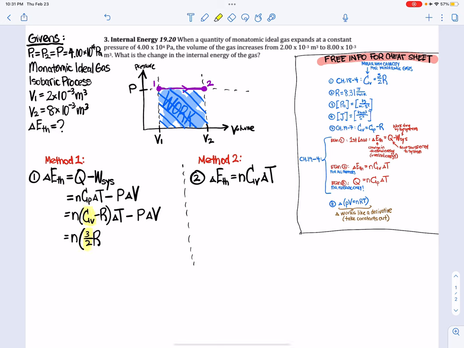I substituted this for this due to this equation from chapter 18, section 4. Okay, and minus R, I'm going to say minus 2 over 2R, right? Because 2 over 2 is just 1R, which is what we have, times delta T minus pressure times change in volume. Okay, so this will give me N, and 3 minus 2 means I have times 1/2 R times delta T minus,